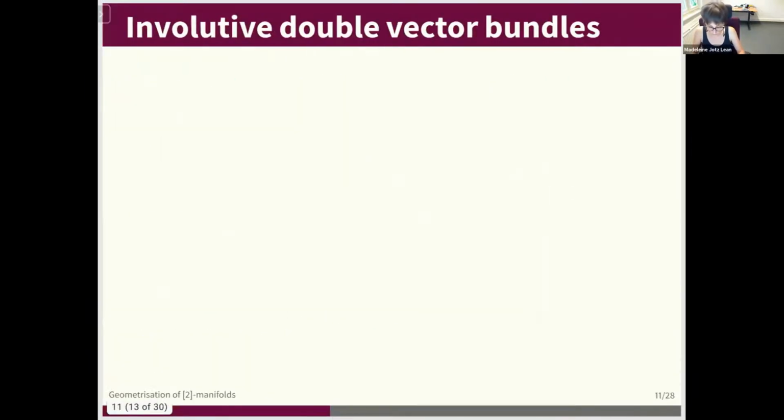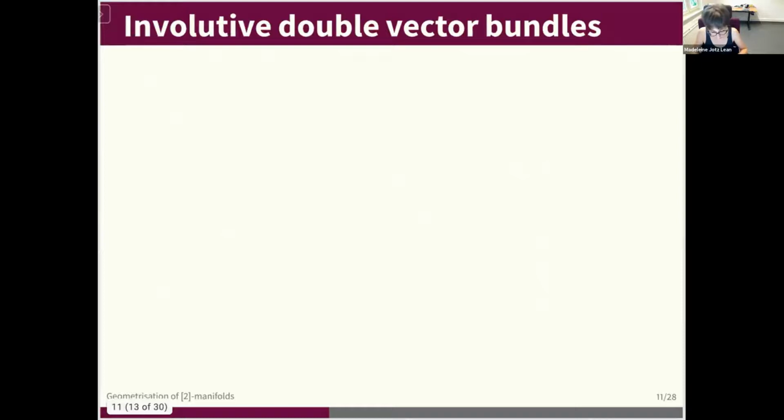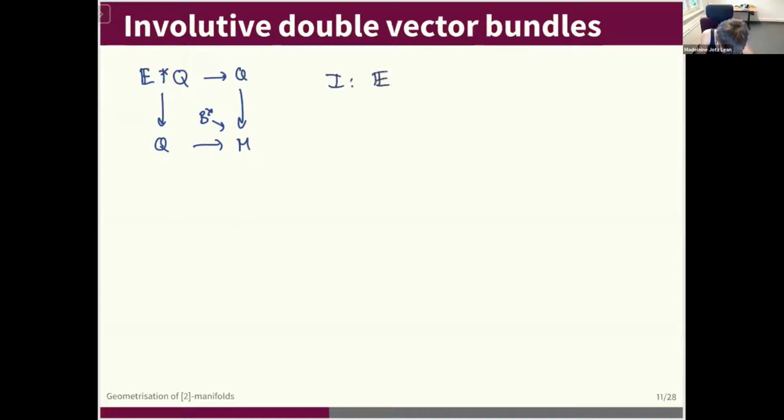Right. So a very quick word on the dual picture, which is important here. When you have a metric double vector bundle, you can dualize it as a vector bundle over Q. And well, if you don't know double vector bundles, you will not know it. That if you dualize a double vector bundle over one of its sides, you're going to get again a double vector bundle, but the other side and core are dualized and flipped. So we get a new double vector bundle, and the metric in that picture is going to be an involution, which